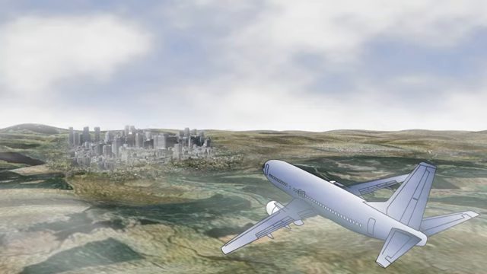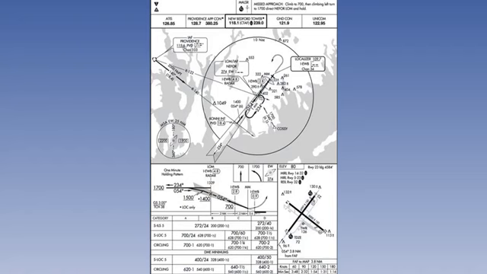NADP 1 is constructed to reduce noise over close-in problem areas, while NADP 2 is for problem areas that are more distant. In the case of commercial air transport operations, these aerodrome operating minima, AOM, will normally be associated with instrument departures and approaches. The Air Law CD-ROM in this ATPL series examines instrument procedures in great detail. As far as this lesson is concerned, the emphasis is on their use.